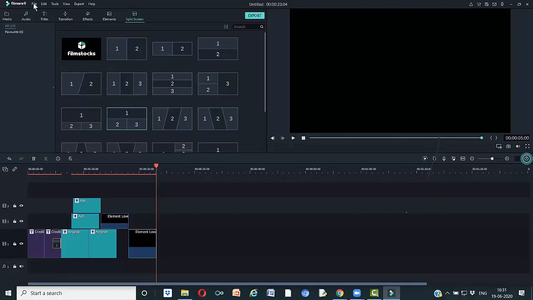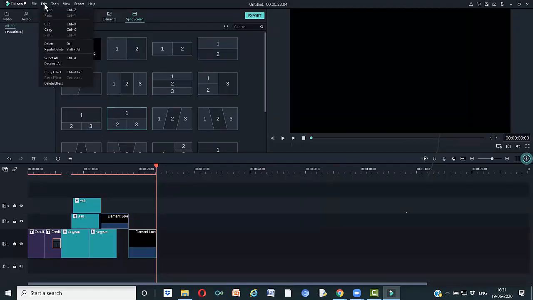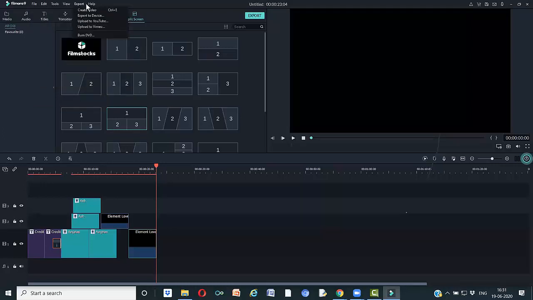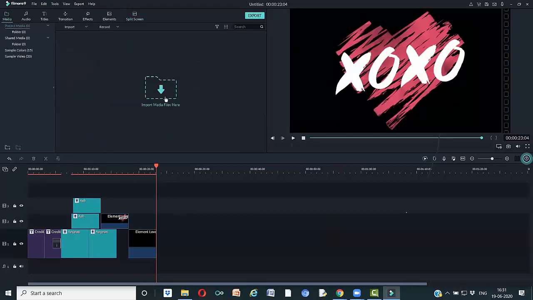Now you can see the file, the same kind of options generally we have, and you are having edit. Now to produce, you can have create video or export to device or upload to YouTube or upload to Vimeo. All these things are there, or directly you can burn it to DVD. All these features are available here. Similarly, you can import your media file, drag and drop it here, and again drag this file to this timeline and do your editing as you did in your Camtasia Studio.